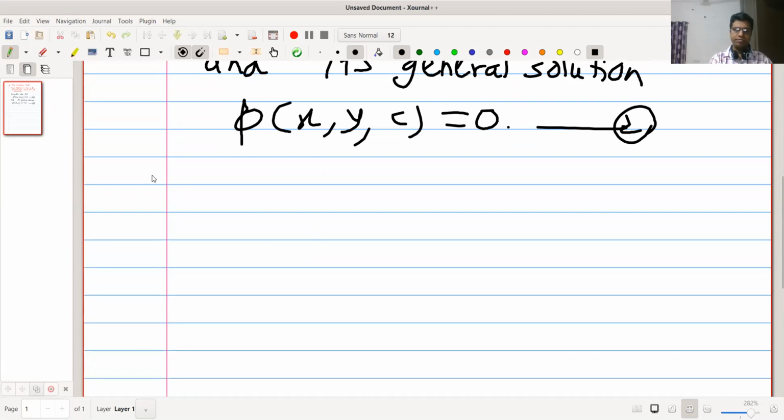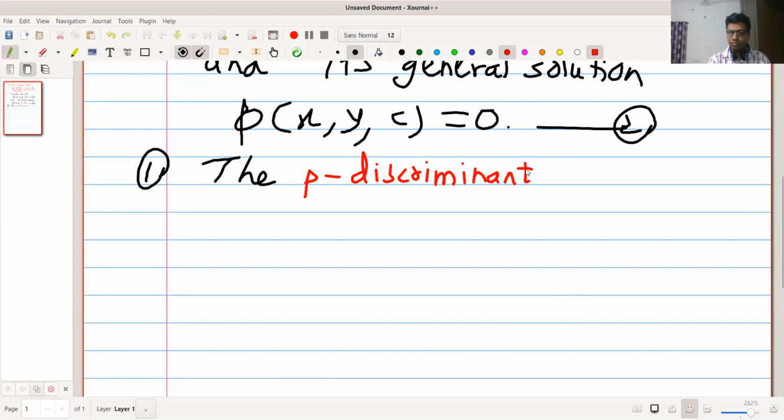First point, the P discriminant relation of differential equation 1